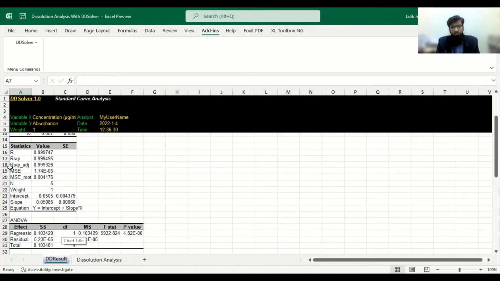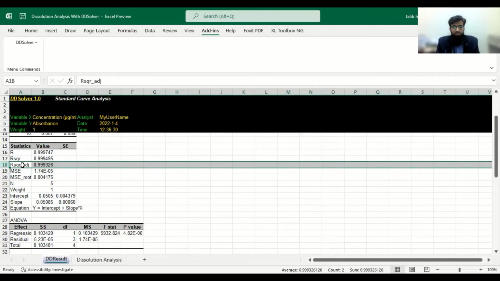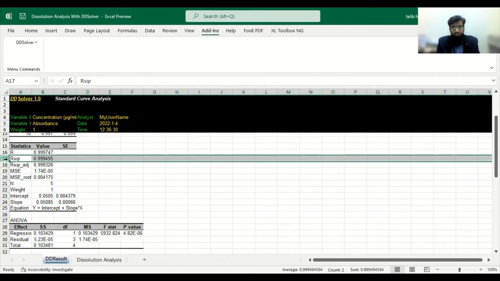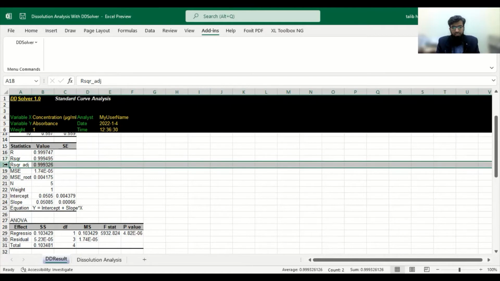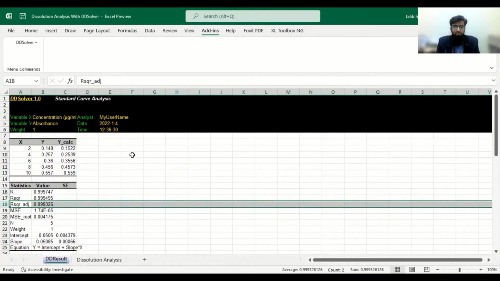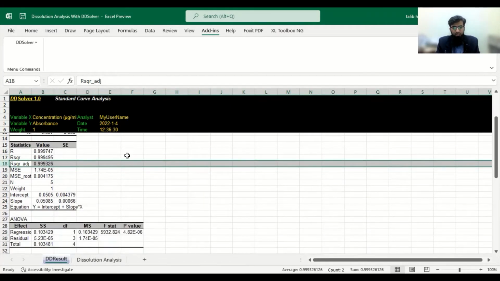The R square value obtained is in row 18, with R square adjusted; there is the normal R square and the R square adjusted. The adjusted R square is according to the data. It is 0.99326.